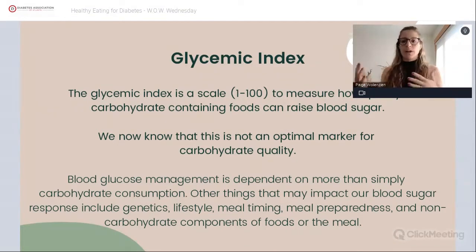It's a scale from 1 to 100, and the purpose was to help those with diabetes, more specifically type 1 diabetes, manage their blood sugars by giving all these foods that contain carbohydrates a number on the scale 1 to 100, whereas 100 impacts our blood sugars greatly, 1 impacts our blood sugars minimally, and use the scale to help us make our food decisions. We now know that this is not an optimal marker for carbohydrate quality, so actually is not used in diabetes